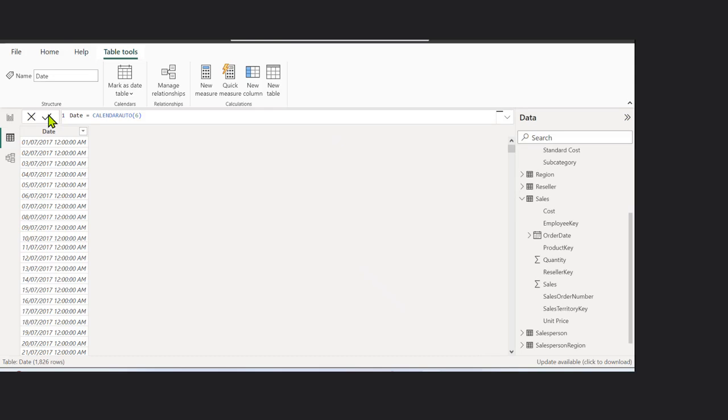As you can see, our fiscal year for this data set starts from July 2017. So it is giving us the very first date of July 1, 2017. In this way, you create a date table. Now let's